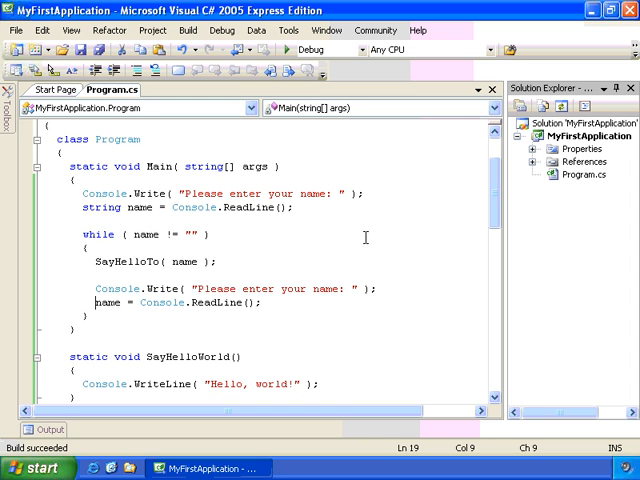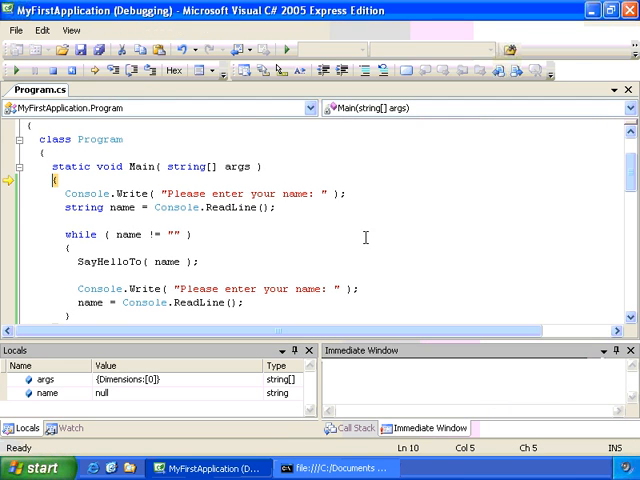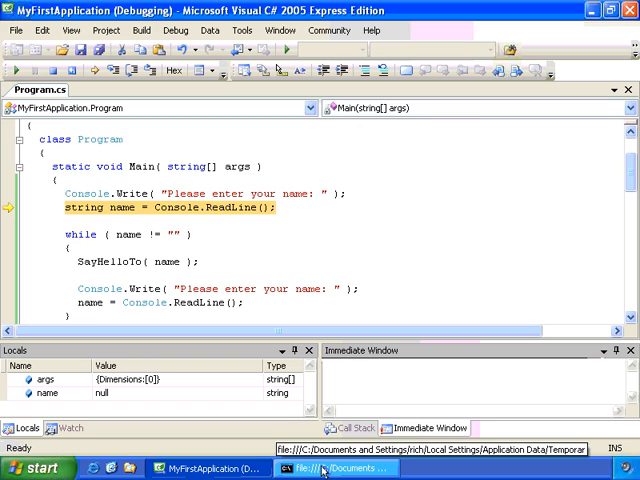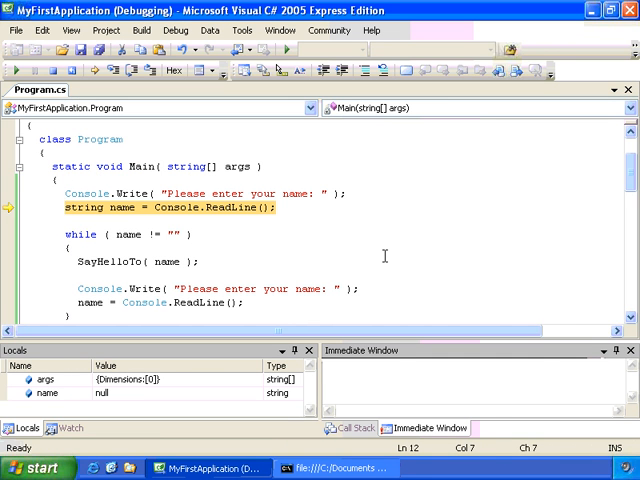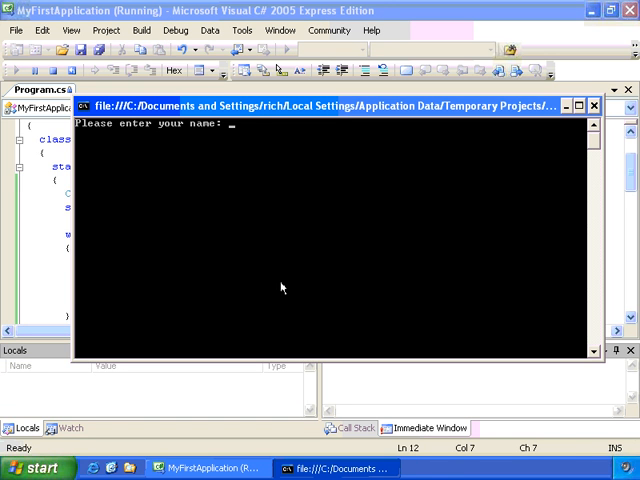So again, let's use the debugger to step through and see how this is working. First of all, we write in the console, "Please enter your name." I'm going to just hop over here, and you can see that we've printed "Please enter your name." And then when I execute the ReadLine method, I get chucked to the console. So I type in Eric,